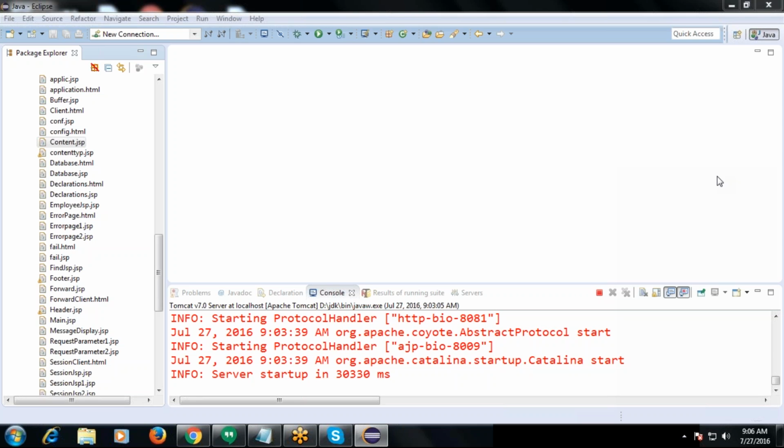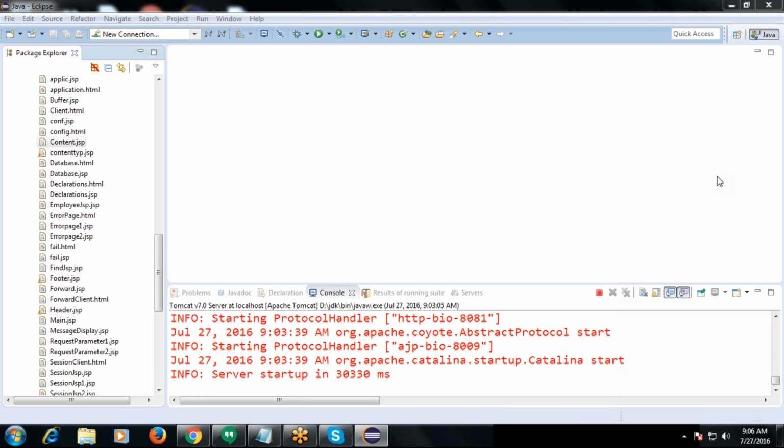Just a moment, let me check. So the explanation of database connection with JSP is completed in the last session. Is it completed? Which one? Database connection from JSP. Yes, it is completed. Fine.